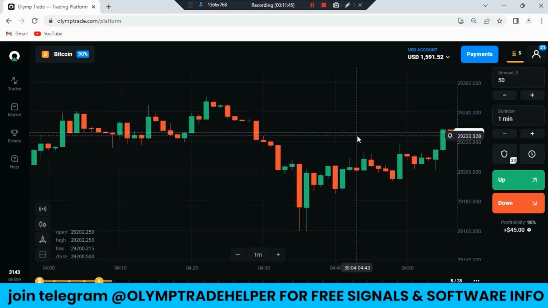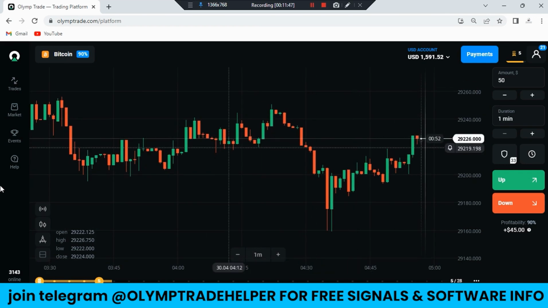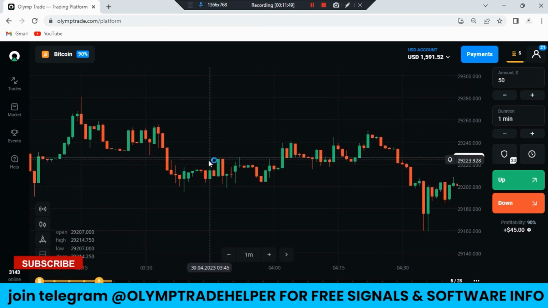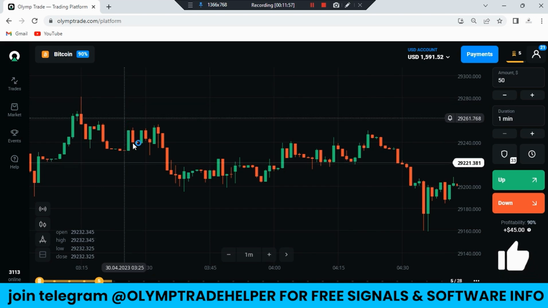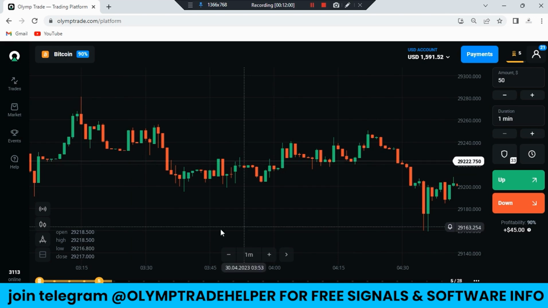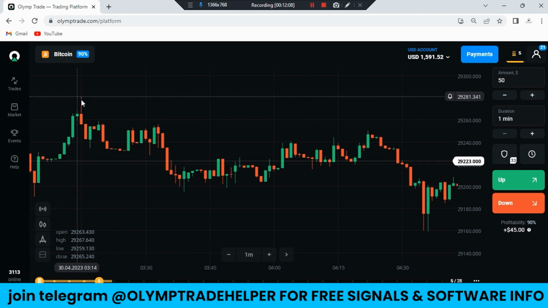So this is the strategy. I hope you liked it. And you must have understood the whole concept here. It is very simple. It is very easy. Here we have to see whether a shadow of a size greater than 50% is formed here or not. If a shadow greater than 50% is formed, then in which direction is it formed? If it is formed in this downward direction, then we have to take a call trade on the next candlestick here. If it is formed in the upward direction, then we have to take a put trade on the next